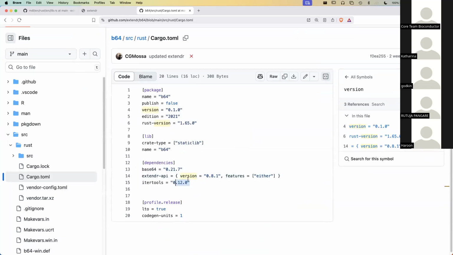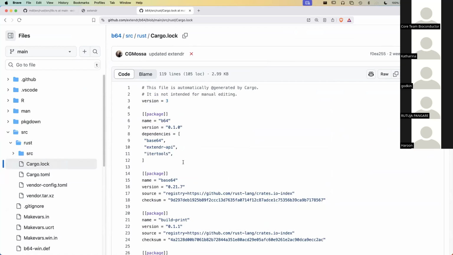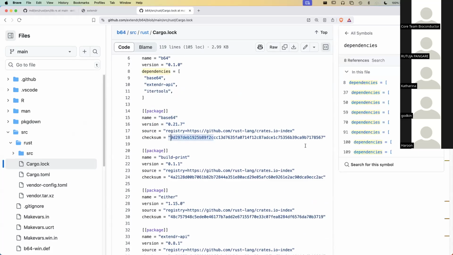Moreover, these dependencies have dependencies, similar to how our R packages do. When you develop a package, there is an automatically generated file called Cargo.lock. This enumerates every single package used through all recursive dependencies, what their dependencies are, the exact version, the checksum, and the place that it came from.